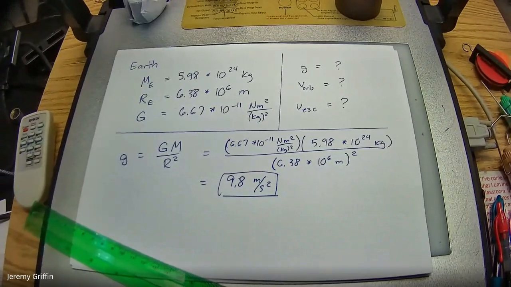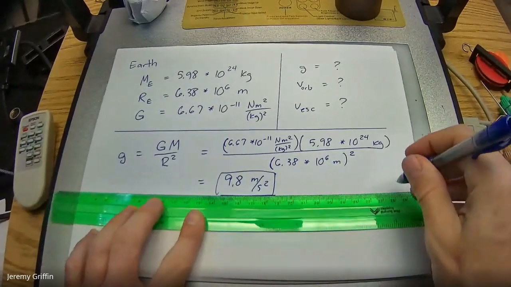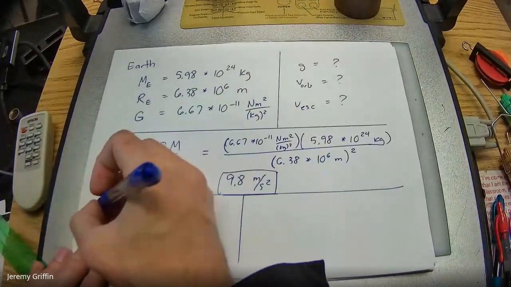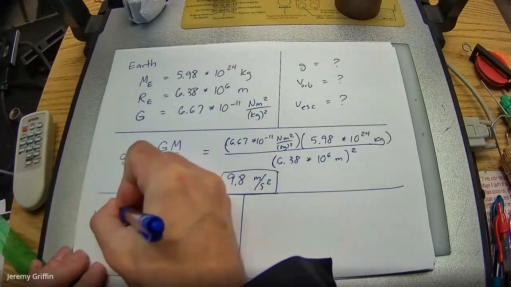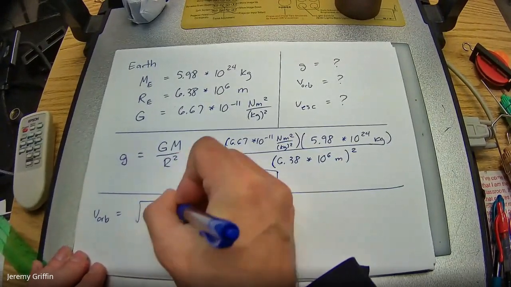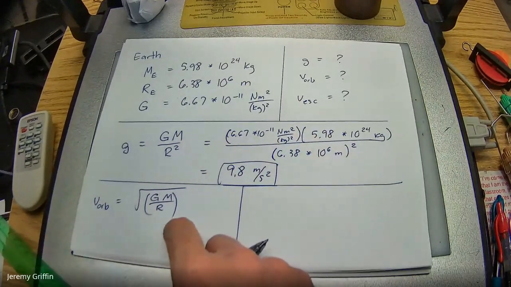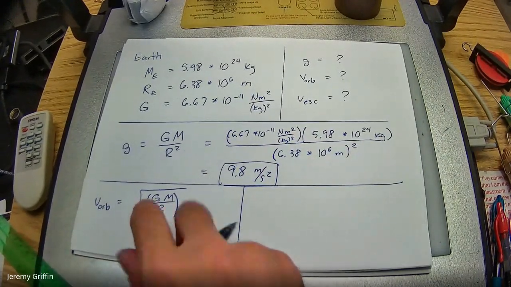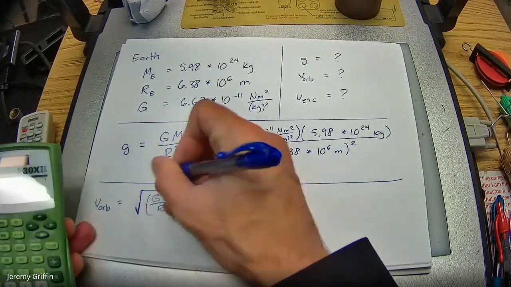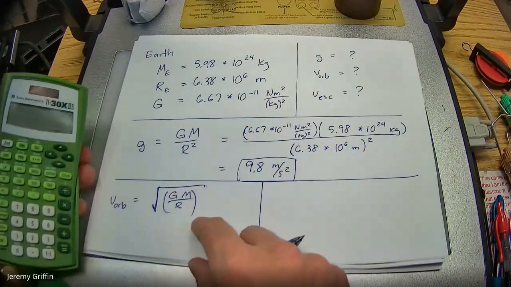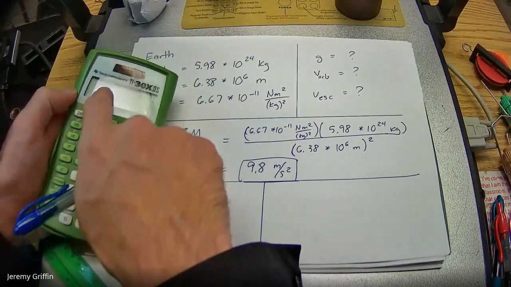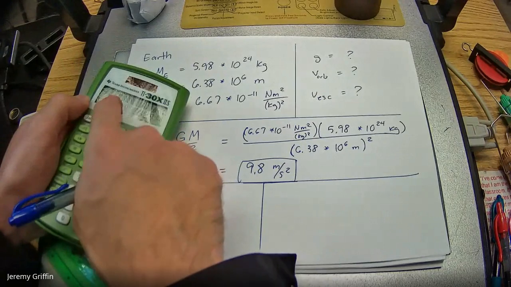All right, so the other two questions were what's orbital speed and escape speed? I remember orbital speed was the square root of GM on r. I'm not going to write all the numbers in there, but I will punch this in the calculator. There are different ways to put this in the calculator. One way is you could chunk this down into smaller parts. I'm going to put it all in one go. What I'm going to do is hit second, square root, so the square root in the calculator gives me that parenthesis.